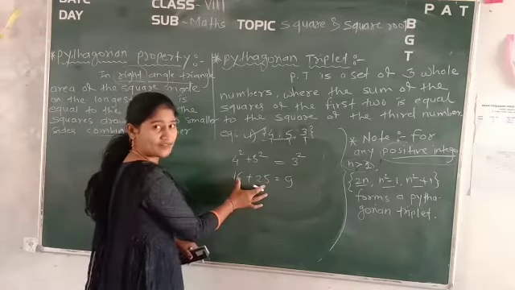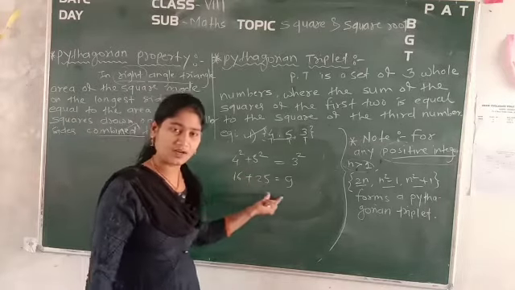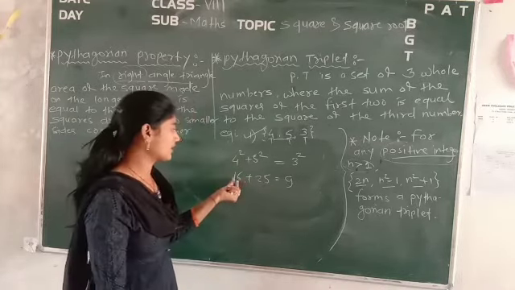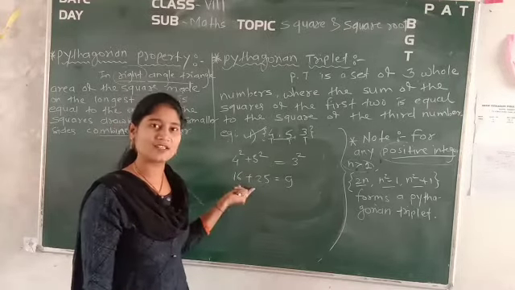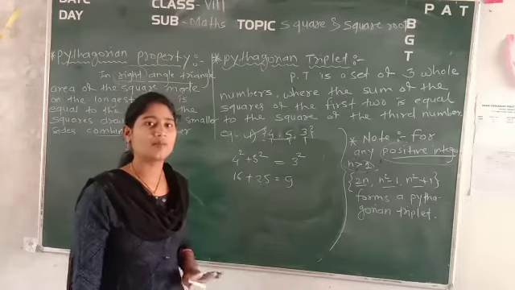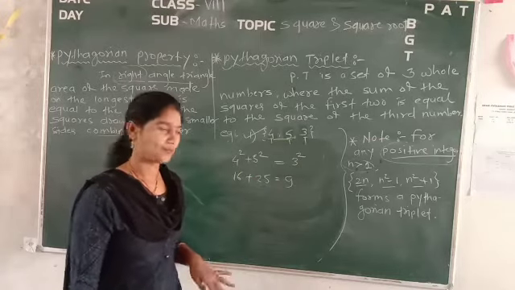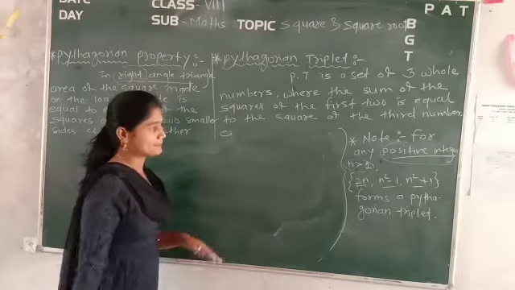See, the addition of these two values, is it equal to this 9? No, because here we are getting 16, which is greater than 9, and 25, which is also greater than 9. So how can it be equal? That's why, as the order is changed, it is not a Pythagorean triplet. Okay, that also you have to remember very well. Clear? So see, now we will take examples one by one from your exercise.